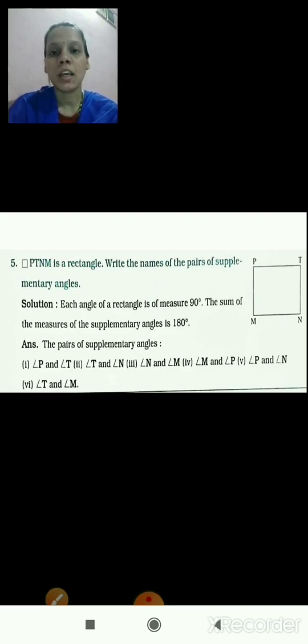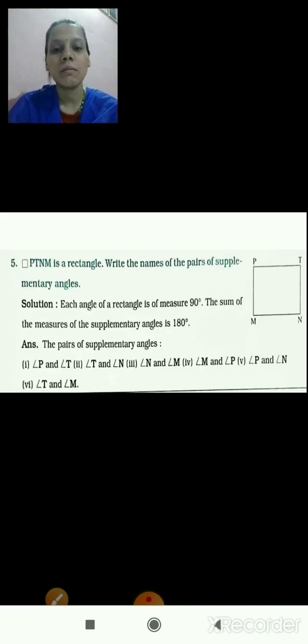Quadrilateral PTNM is a rectangle. Write the names of the pairs of supplementary angles. Now the rectangle is given. You will write down the names of pairs of supplementary angles. First, we will revise the definition of supplementary angles. What is the definition of supplementary angles? If the sum of the measures of two angles is equal to 180 degrees, then they are known as supplementary